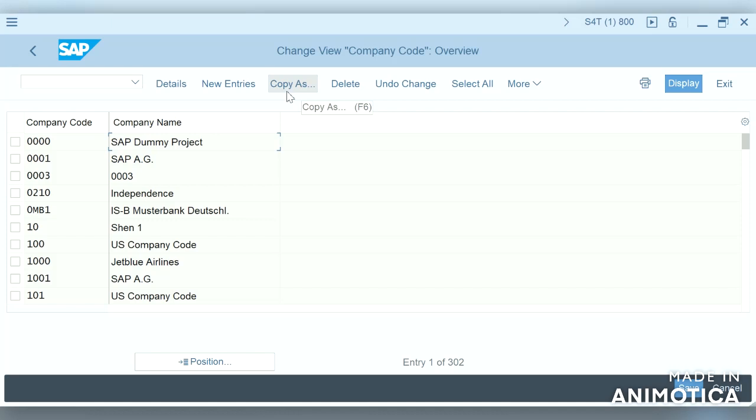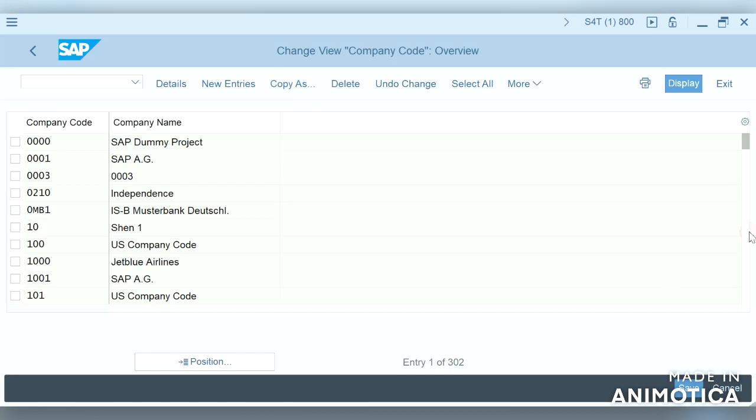If we don't know what the SAP best practices package is, SAP provides it for each and every client, and they can implement it in their SAP system.